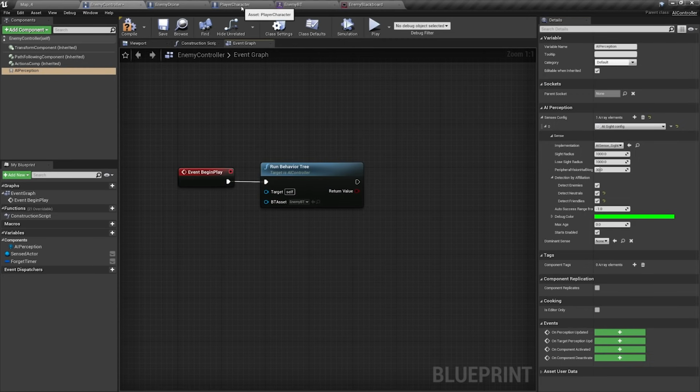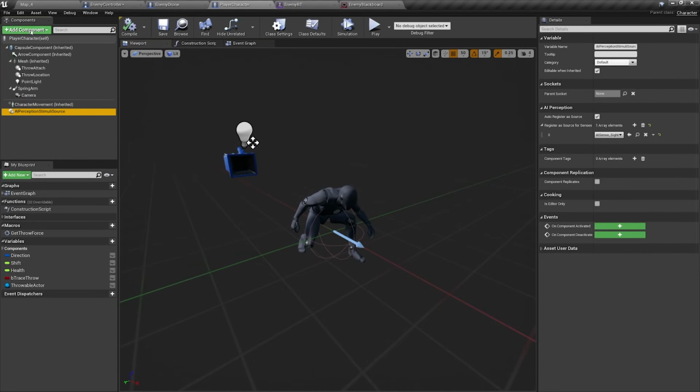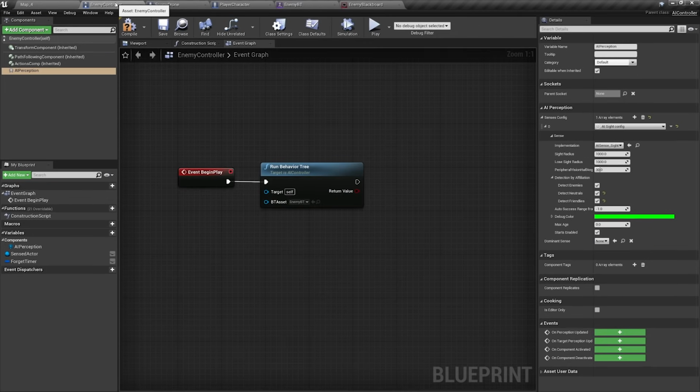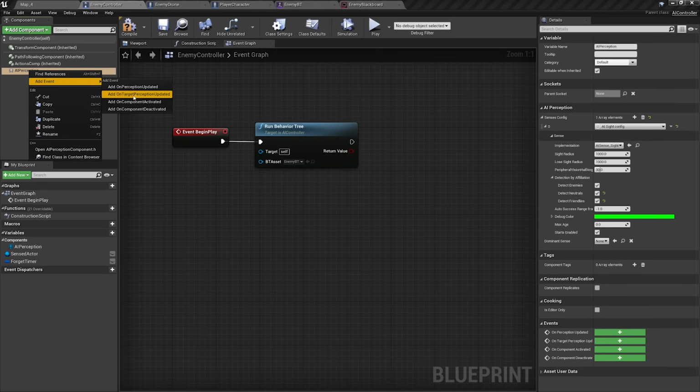And the reason for that is that we want to select those actors manually. For this, we're going to use this component, the AI perception stimuli source. And then we're going to add the senses that we want the perception system to detect in this actor. So let's now get back to our enemy AI controller. And then on our AI perception component, we're going to use the OnTargetPerceptionUpdated event.